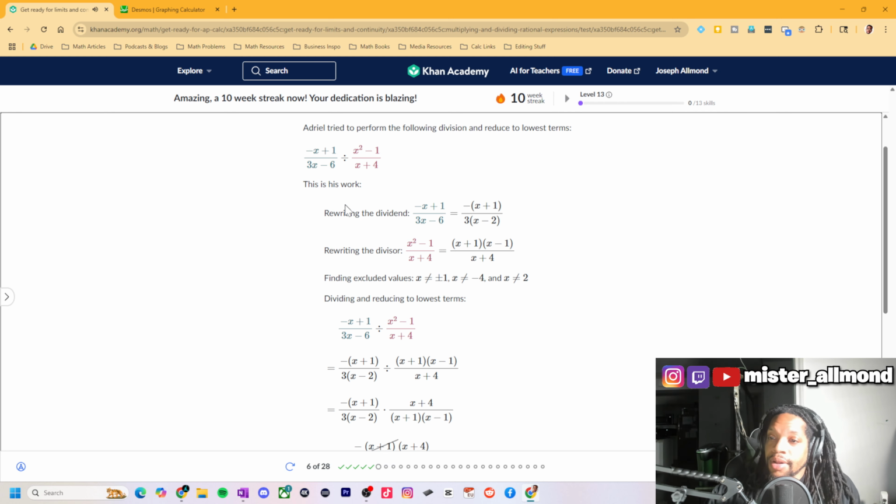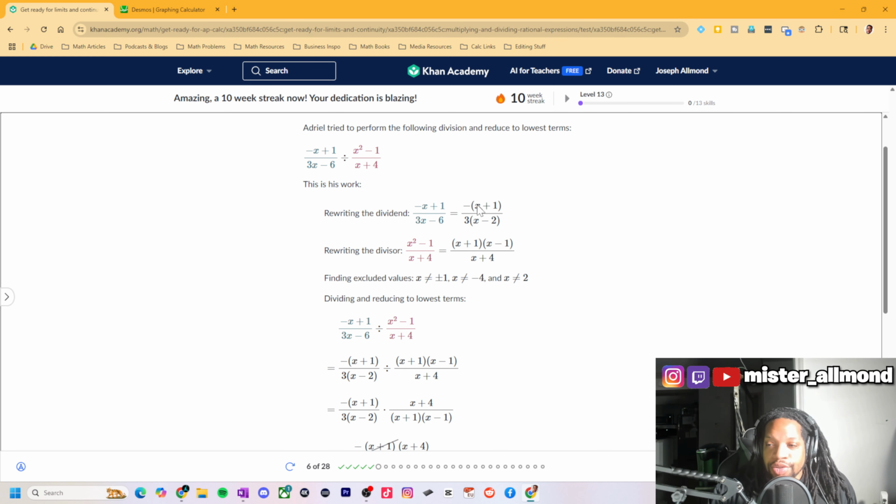Let's go. All right. Adriel tried to perform the following division and reduce to lowest terms. Okay, bet. So here's his work. Rewrote the dividend. Okay, how do you rewrite it? Oh, he factored out a negative sign. Hold up. So negative x. Okay, I already see where the mistake is. He factored the dividend, which is the thing that comes first. The numerator is wrong. The denominator looks good. But up top,